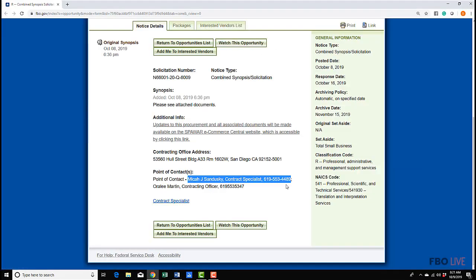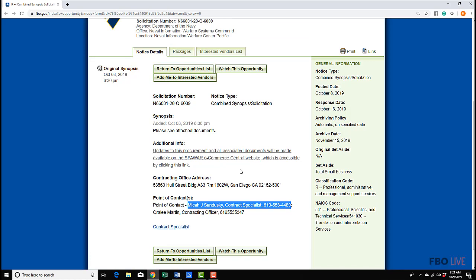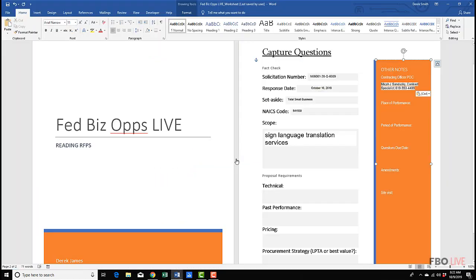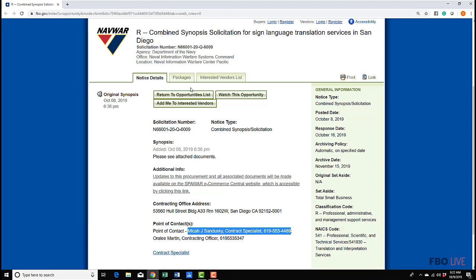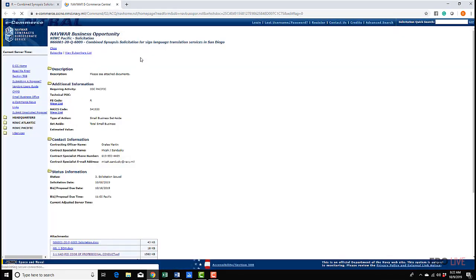As you see, there's not much other information. There's a link here that, if you guys are listening on podcasts, I know you can't see it. It's going to take us to a place called SPAWAR. Some of you who are familiar and seasoned, you'll know what that means. But if you didn't catch it, this is for the Department of the Navy. And so SPAWAR is actually going to take us to this